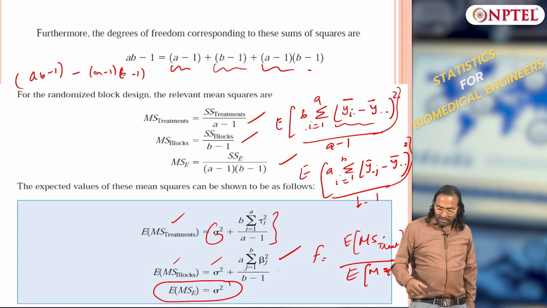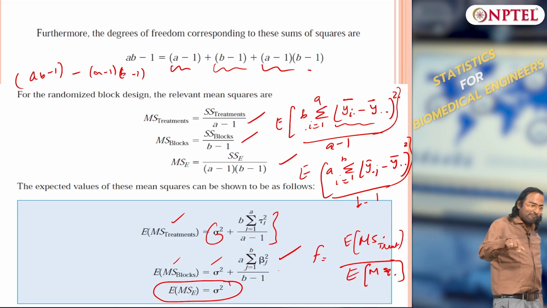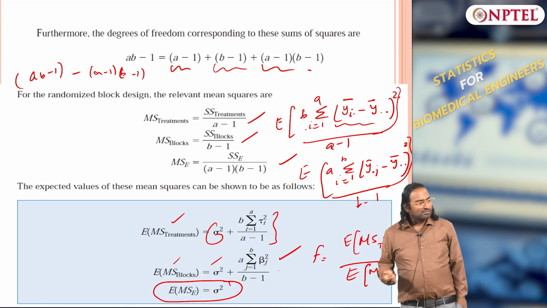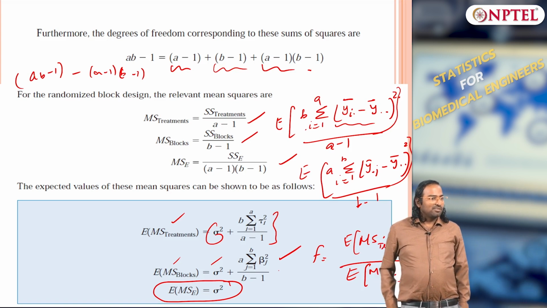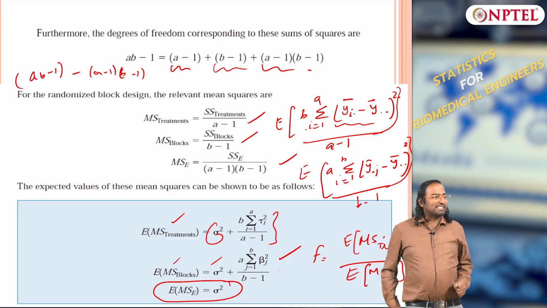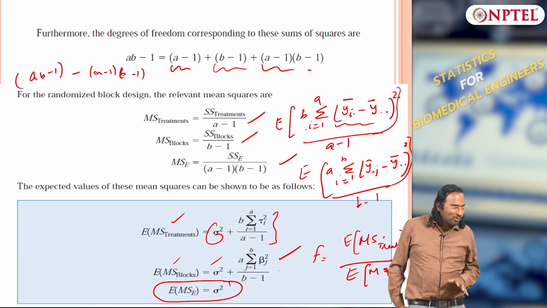So now remember, if you do not do blocking, the mean square error is nothing but the mean square error whatever we have plus the mean square block. Can we also do a ratio of treatment by block, to see whether treatment has more effect or the nuisance factor? Why do I want to? I can do it, but why do I want to? Whether the treatment has more effect or the nuisance factor is more. The unrelated variable, the nuisance factor. But why am I interested? You can do the ratio, there is no problem, absolutely there is no problem.